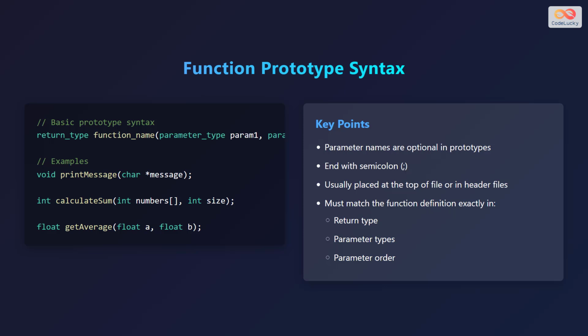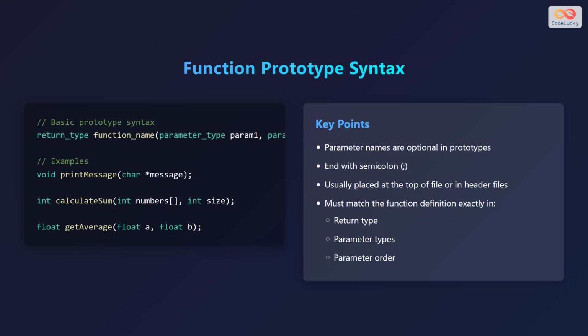The basic prototype syntax is return_type function_name(parameter_type parameter1, parameter_type parameter2); For example, void print_message(char* message); Another example is int calculate_sum(int numbers[], int size); A final example is float get_average(float a, float b);